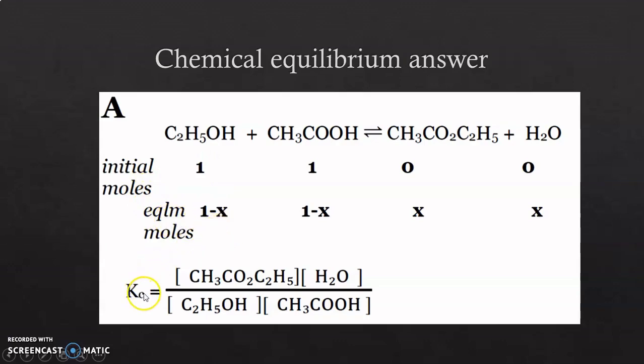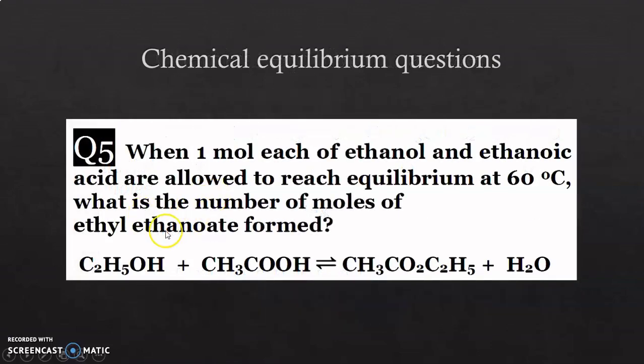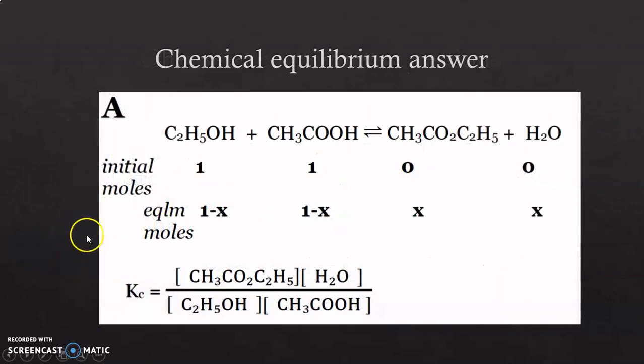And then we also work out the Kc expression. We put the concentrations of the products divided by the concentrations of the reactants. So you have to understand that these equilibrium moles are not concentrations. In this example, we were not given volume, so we're going to divide by V. We'll divide the equilibrium moles by V so that we get the concentrations which we are going to substitute in these expressions. For example,